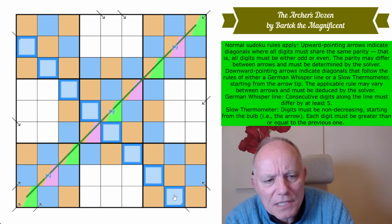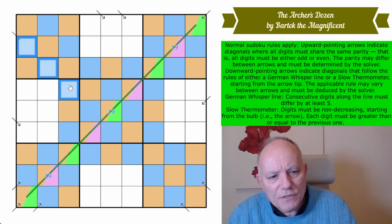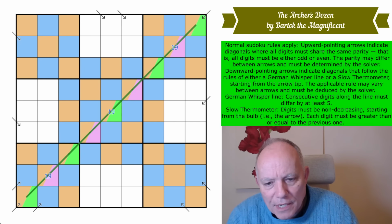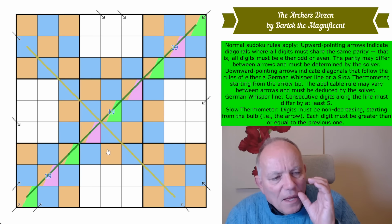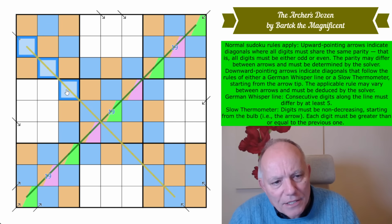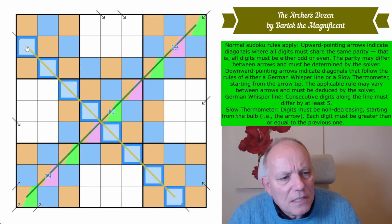If this is a German whisper, all of the digits on this line are 2 or 8, because 4 and 6 cannot touch another even digit on a whisper. So, okay, what I'm going to do for now is put in a neutral colour line. I'm going to make this line yellow for now, because we don't know if it's a whisper or a slow thermo. But if it's a whisper, and I think this is highly unlikely, these are all 2s and 8s. In fact, they alternate 2, 8, 2, 8, 2, 8, 2, 8, or the other way around, 8, 2. Now, if it's a slow thermo,